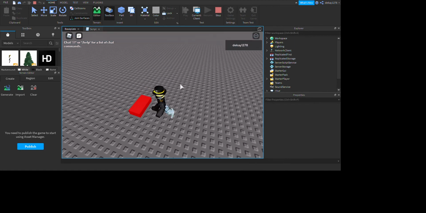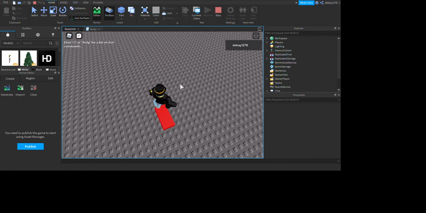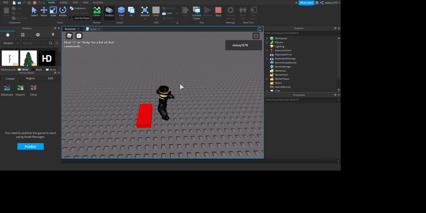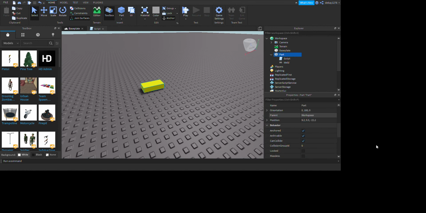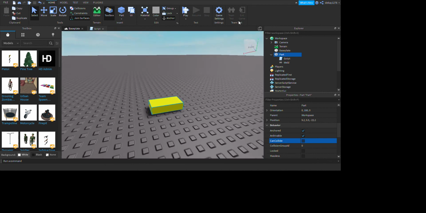Look, we just walk over it because CanCollide is set to true. And if we untick it, which basically makes CanCollide equal to false,